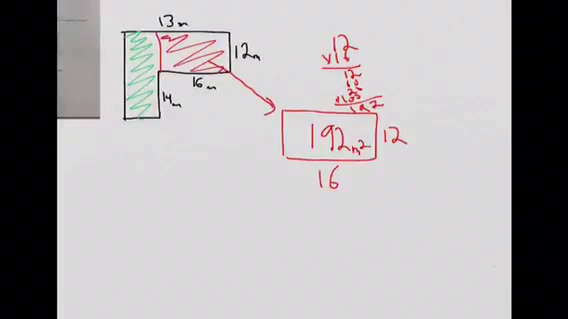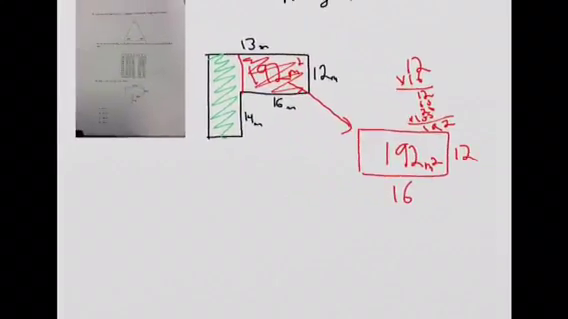Meters squared. So this rectangle is 192 meters squared. Now we just need to figure out this rectangle right here. So we don't know this length. We're not given it. We're also not given this length, but we will be able to find it out using a couple different methods. I know that this length right here is 12,